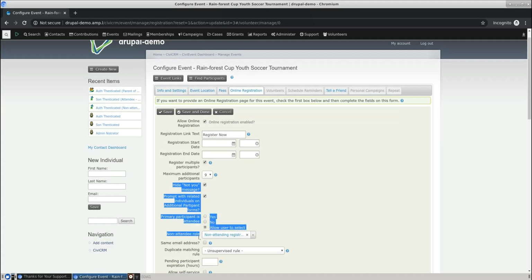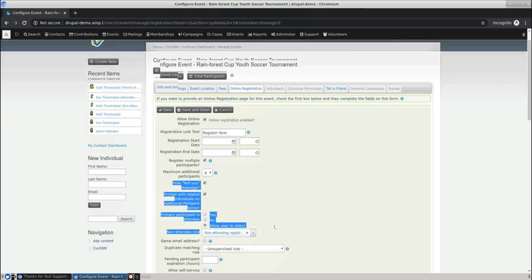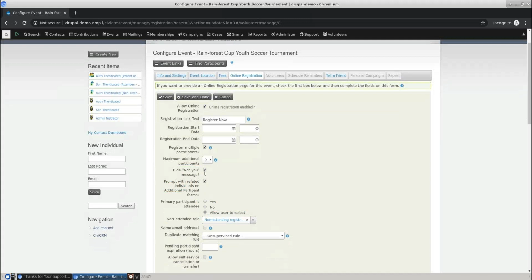These fields here are new and provided by the extension. First of all, you may have noticed that when we went to the event registration page, it did not say, "Is this not you? Would you like to register as somebody else?" Because we found, as you may know, that confuses people in the situation where I'm not attending. I do want to register my son and daughter, but I do still need to fill in my information. So that "not you" message is hidden for this event because it's confusing considering the use case that